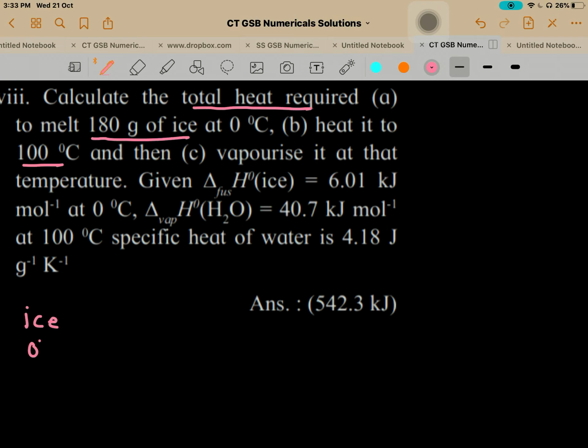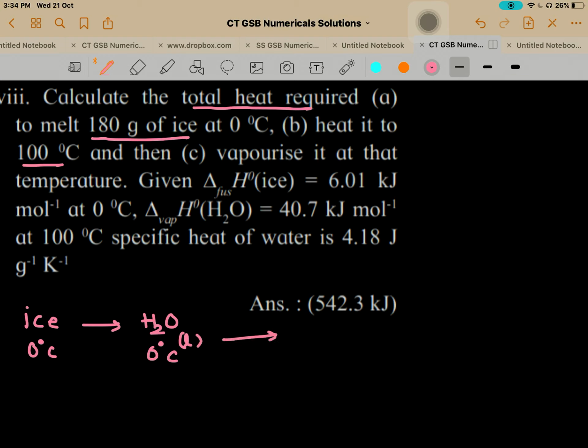Ice has been given to you at 0 degree. You are converting this ice to water at 0 degree. See, at 0 degree now ice formation starts. So it is not only ice totally present, along with that water is there. So ice is converted to water. Now this water is in liquid state and ice, it is in solid state. This is the first step.